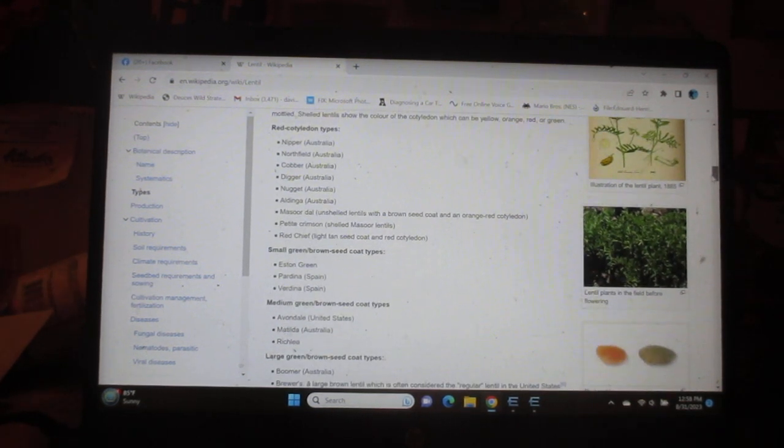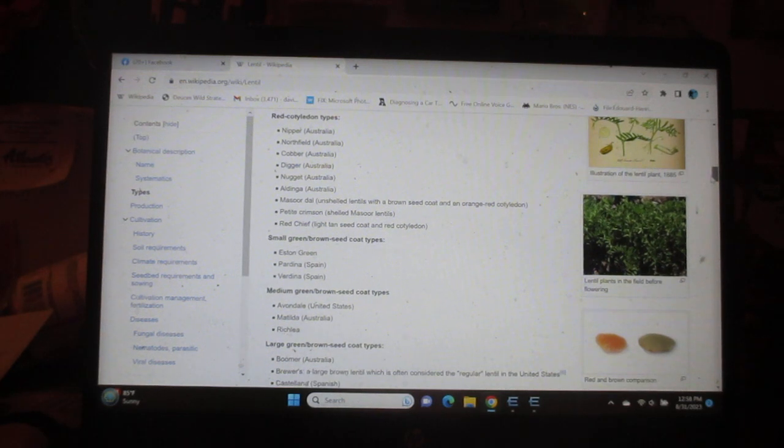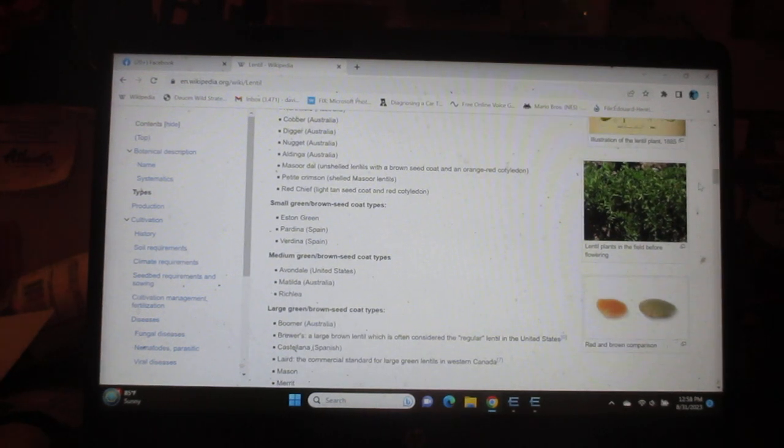Small green brown seed coat types: Estica, Pardina, Spain; Verdina, Spain. Medium green brown seed coat types: Avondale, United States; Matilda, Australia; Richlea. Large green brown seed coat types: Boomer, Australia; Brewer, a large brown lentil which is often considered the regular lentil in the United States;